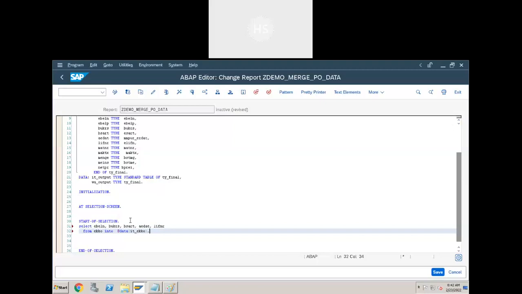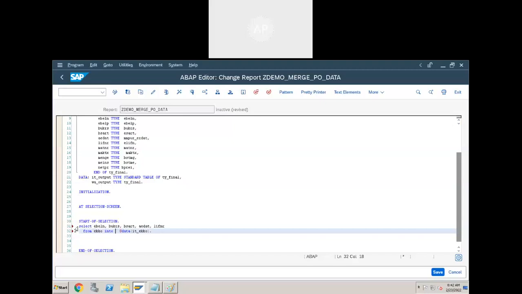Is this select statement correct? Observe carefully. Is this a valid select statement, or is it going to work, or is it going to throw a syntax error? Into table. IT output we need to take, because we are not using select single here.